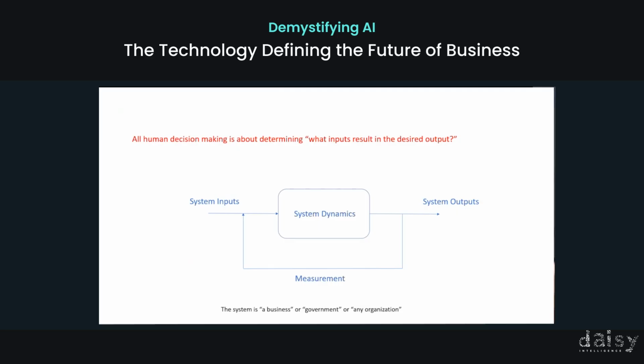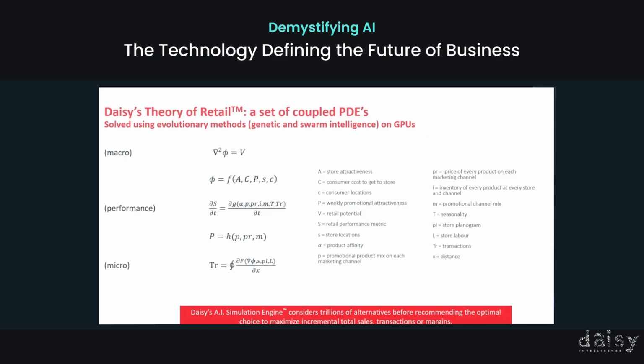The system dynamics are the same from customer to customer. The only thing we learn from the data are some of the parameters like the halo effect, what's in the halo of a product, that we can learn from the transaction data. We can learn some of the features in our differential equations, the halo, price elasticity, seasonality, those things we can learn from the data using machine learning methods. And those features then we plug into our simulation. So your data configures your universe.